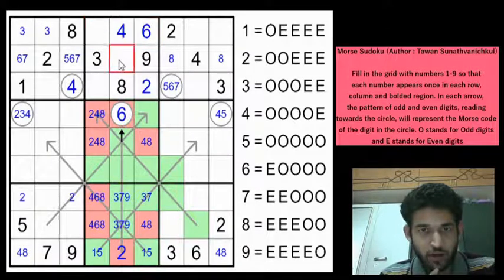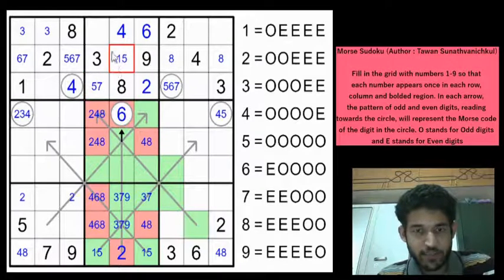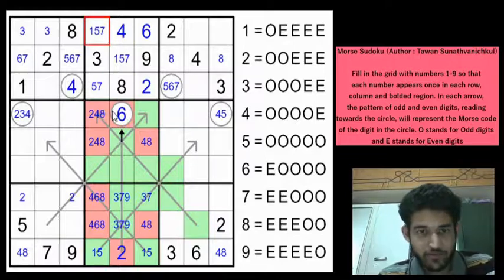So if you see in box 2, remaining digits are 1, 5, 7, but 1 is here, so this will be 5, 7. This will be 1, 5, 7, and this is going to be 1, 5 and 7. And we have a triplet of 1, 5, 7. So which means 9 has only one cell left in column 4. We can place the 9 there.